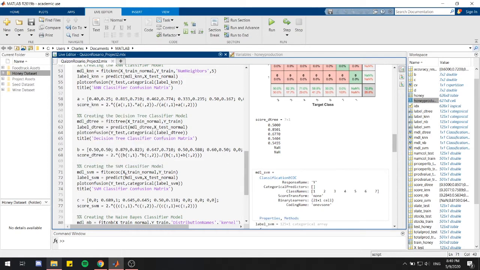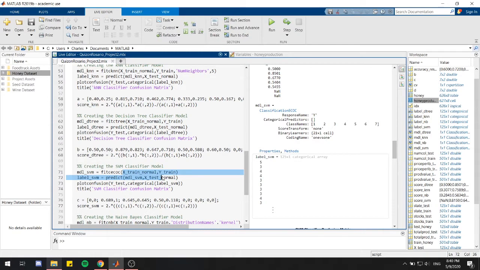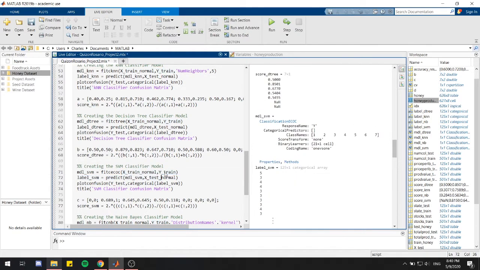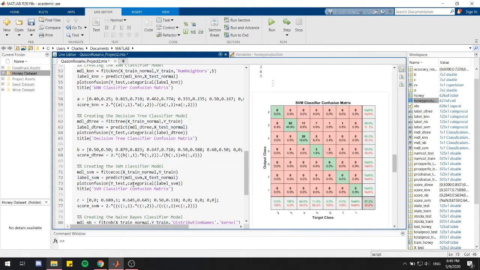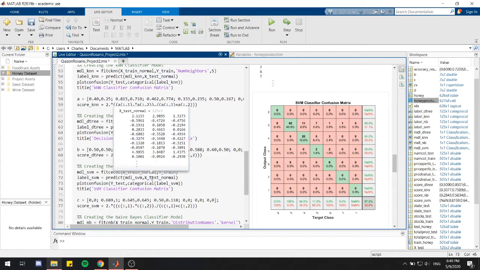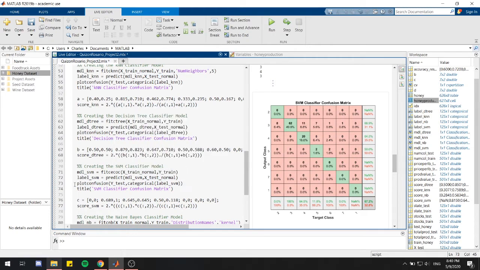So as you can see here, the training dataset and the Y training dataset are used to predict the testing dataset, which was normalized. The confusion matrix was made using the plotconfusion function,